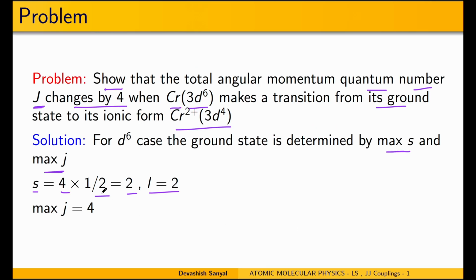So S is equal to 2 and L is equal to 2. So the maximum value of J, since it is more than half filled, will be 2 plus 2, which is 4. Now we go to the other case, that is